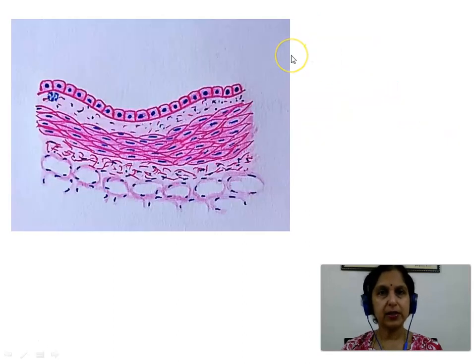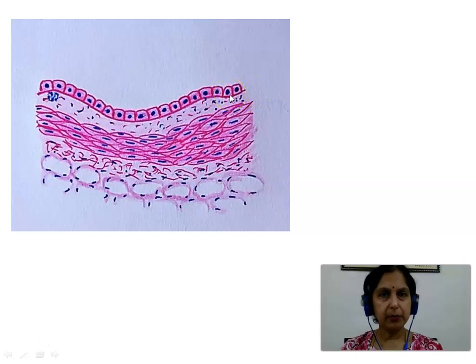And this here is a diagram of a bronchiole, a terminal bronchiole, showing us the mucosa, the muscle layer, and the adventitia. Mucosa showing lining epithelium of simple cuboidal epithelium with Clara cells. Clara cells are not seen at a magnification of 10x or 40x, and they are not seen by H&E stain.